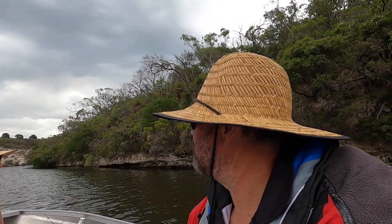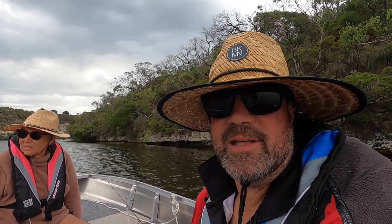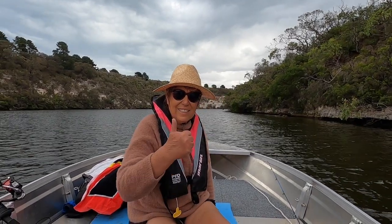Yeah, so we'll just go up here for another bit. We're still trying to run this engine in. We never made it. We bought it. We only ever got to about 7 hours at home. Busy. But now we're getting close to running it in for 10 hours. So today's the day, Natty, to get this engine finally run in. So we can